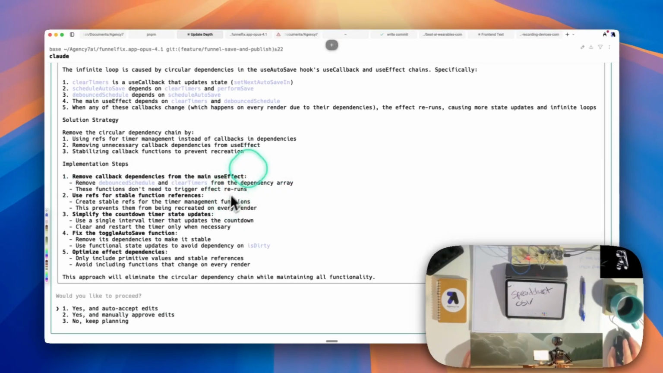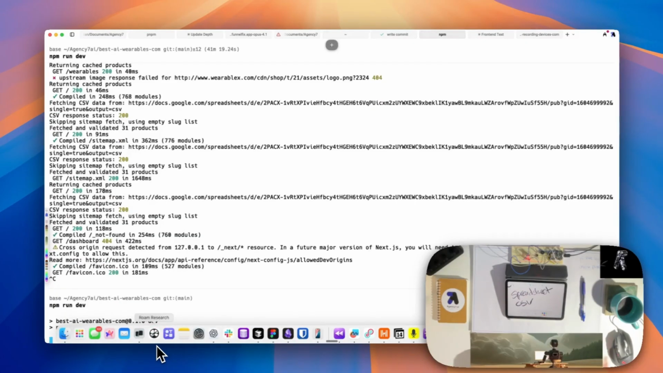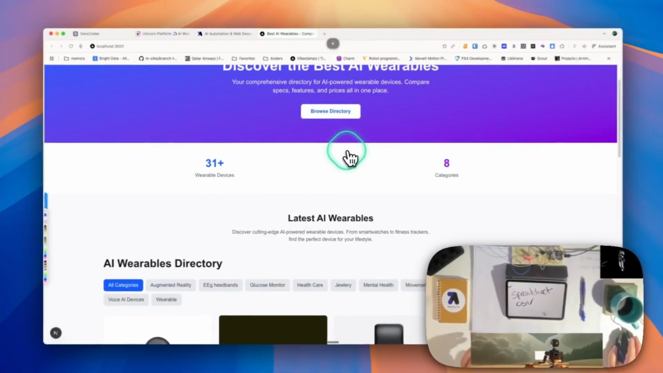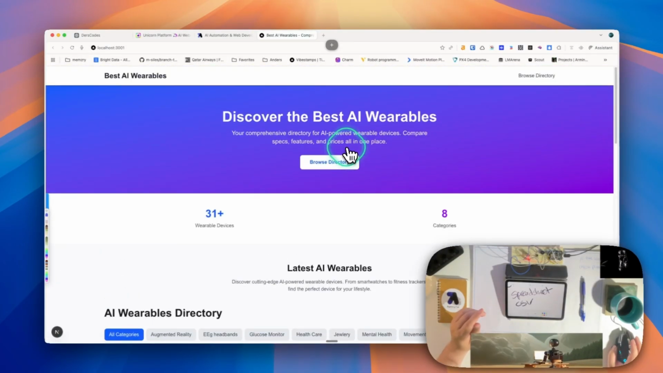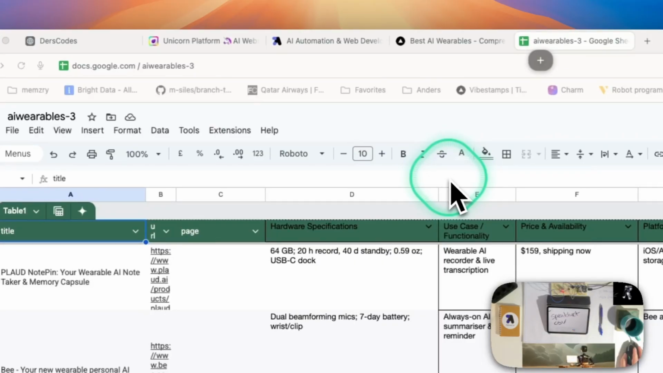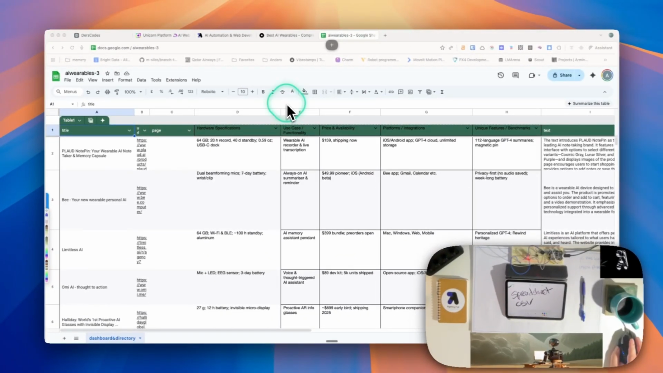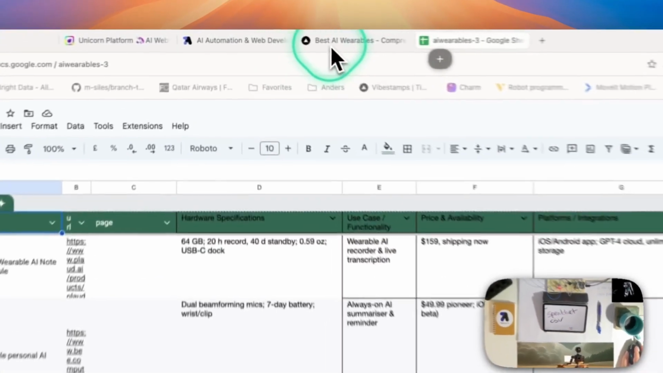So if we go into Warp and we run npm run dev on this project, you can see that this is a directory site that I've been working on, bestaiwearables.com. And it just pulls directly from a spreadsheet in Google. So it just pulls directly from here. And I have a Make automation set up to a different directory, but could be easily set up to point to here, that just takes in the URL of a website product and populates one of these rows,